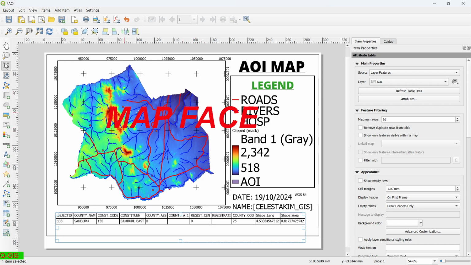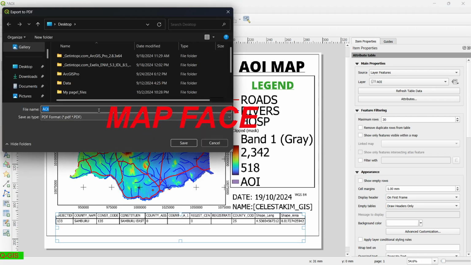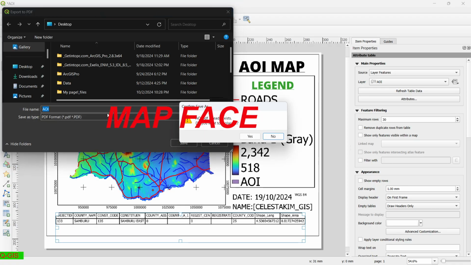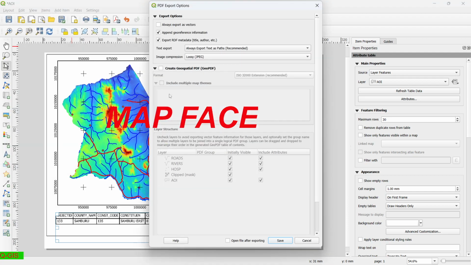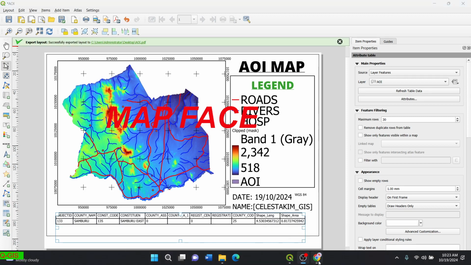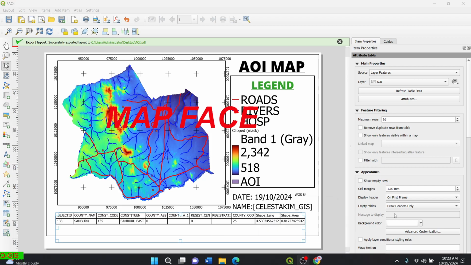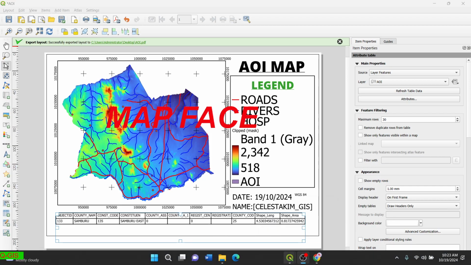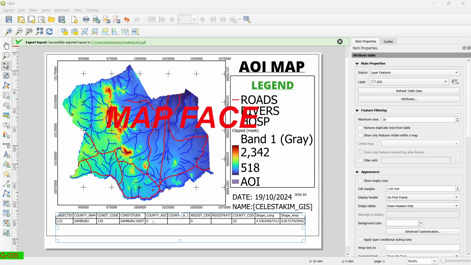So now to export our map, we can just go to the export to PDF folder. Then you can save, type as a PDF format, then you can just save. So you can save. And that is how you can make a map